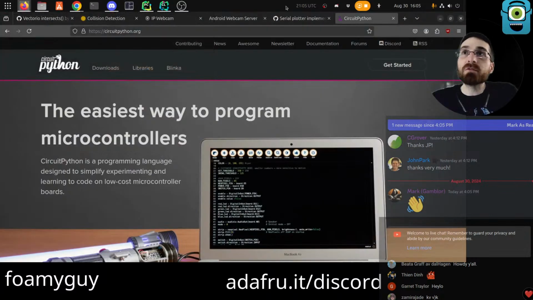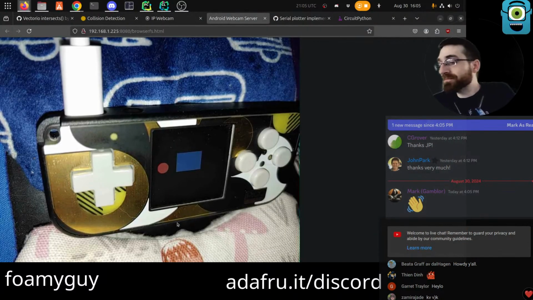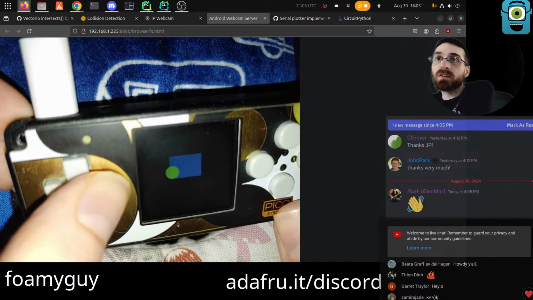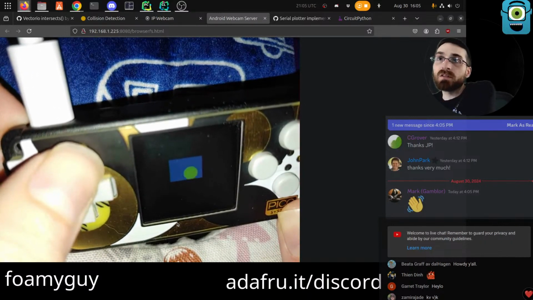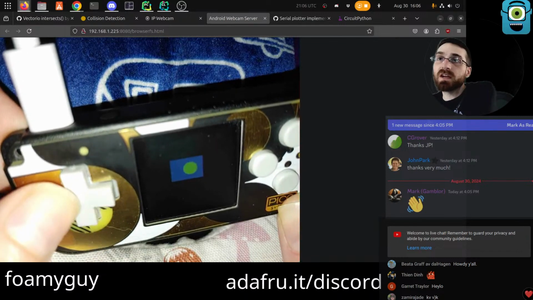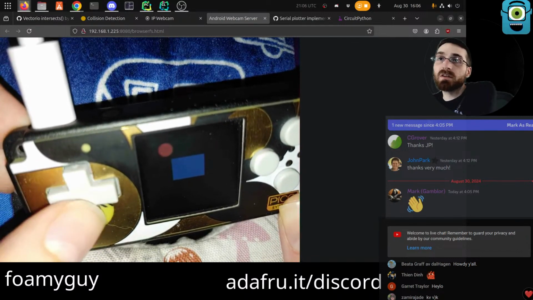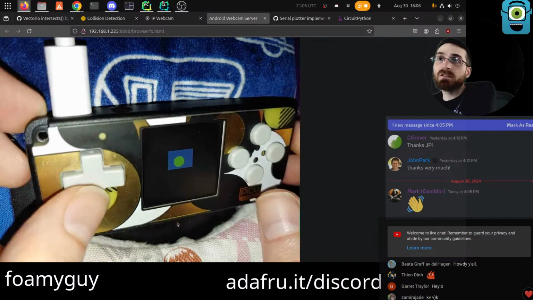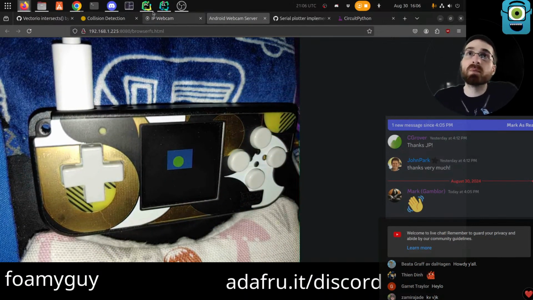So let me show you and tell you what we have so far, and then I'll dive in. I am working on some functions in the core that allow you to test whether two shapes are intersecting or not. The shapes are vector IO shapes, and the way that this works right now in the development branch